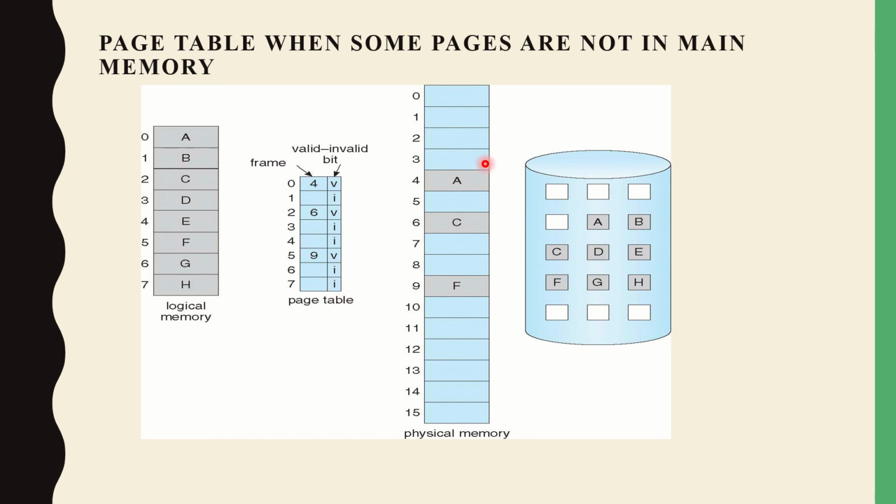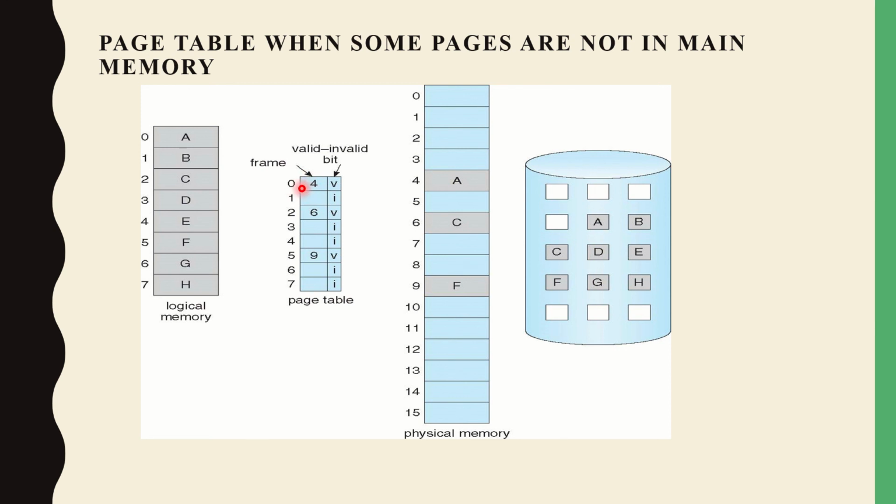Next, this is your physical memory or main memory, and in main memory they use a page table. In the page table you can see there are 7 pages, and this column mentions which frame each page belongs to. I told you a process is divided into pages, and your physical memory is divided into frames. So main memory means frames and a process means pages. For the 7 pages, this column is the frame number corresponding to these pages.